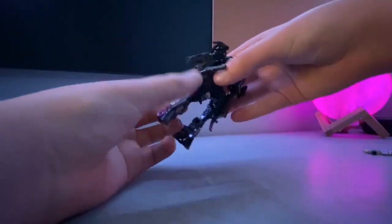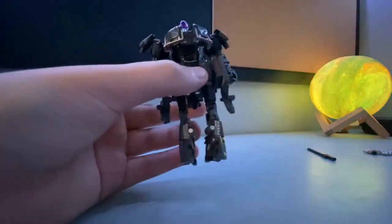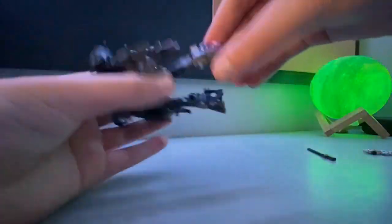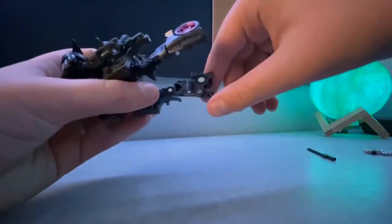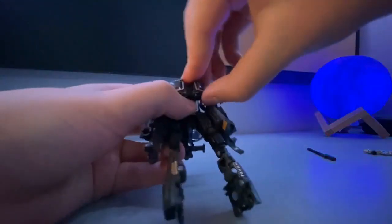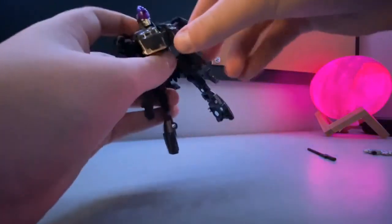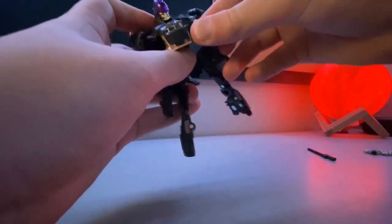But for the transformation, first off, obviously, if you have the sword attached, make sure you take that off and throw that to the side. Then, what I like to do is take these toes right here, and they do just compress, just like so. Then the next thing I like to do is take these chest pieces, which are on these double joints, and you should just be able to wriggle them away